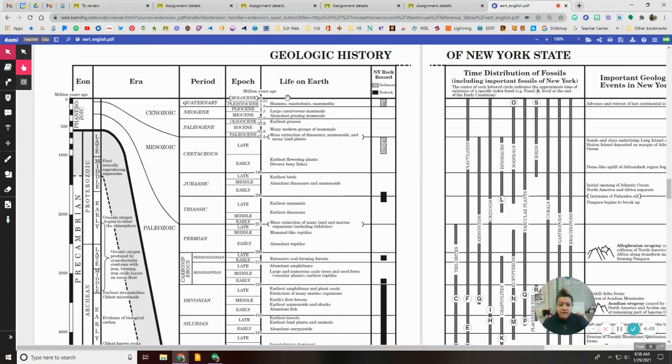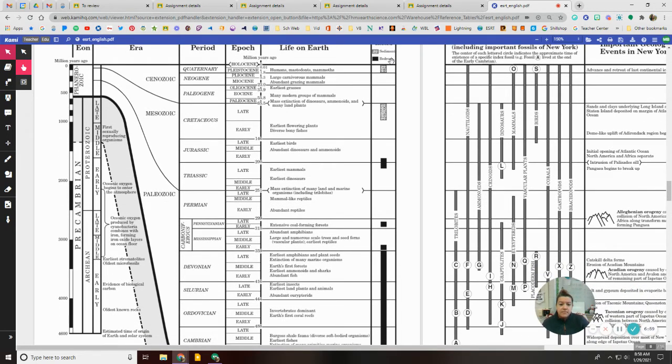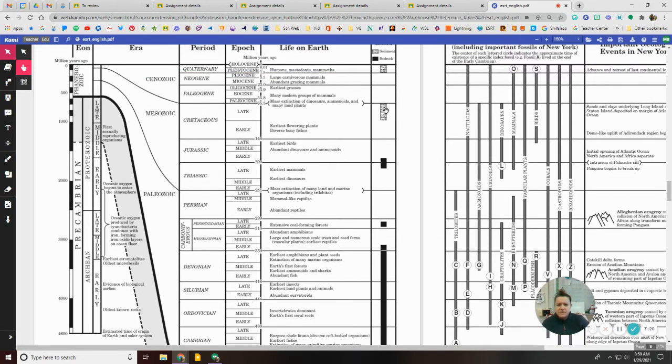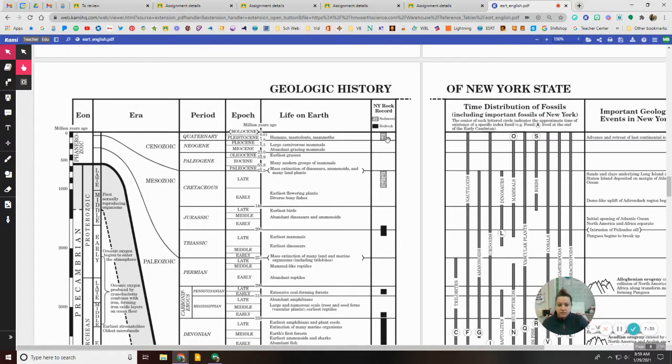Okay, so this is all the life on Earth. The New York rock record shows the sediment or the types of bedrocks in New York State that are found, and they can find in New York State bedrock from Cambrian, Ordovician, Silurian, Devonian, parts of the Mississippian, parts of the Pennsylvanian, none from the Permian, which is kind of interesting. Some from the Triassic and the Jurassic. There's sediments found from the Cretaceous, but nothing from the Paleogene and the Neogene. And then there's some sediments found from the Quaternary, obviously, because that's the most recent. These rocks and sediments are found on top. Okay, so that's the New York rock record.